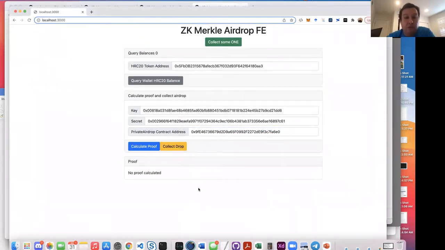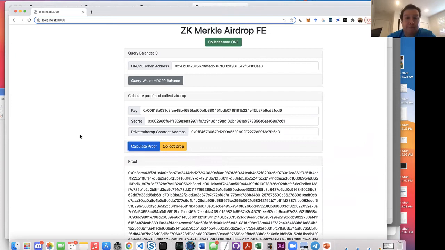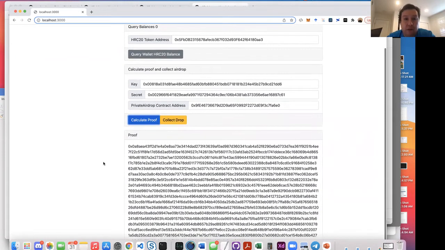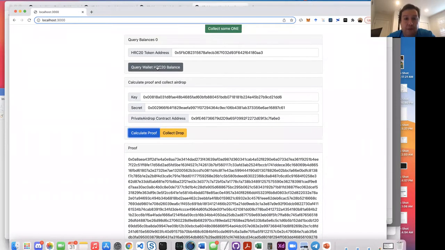And then you first calculate the proof. It will take around 30 seconds or so. It will take a while. I will go to the code a little later. I just want you to see how it actually works and what it does. Okay, so now you have the proof. You see, it only has 20,000 satoshis, and then when you collect the drop,